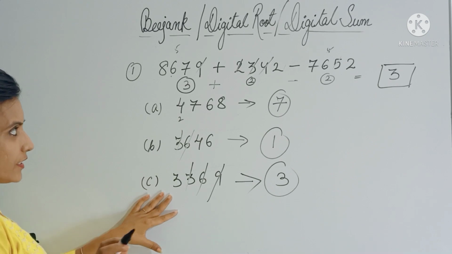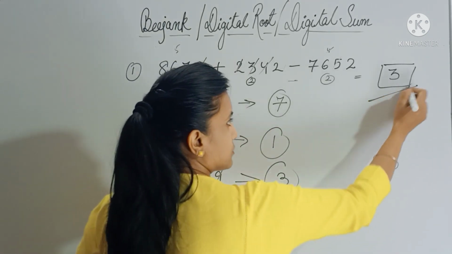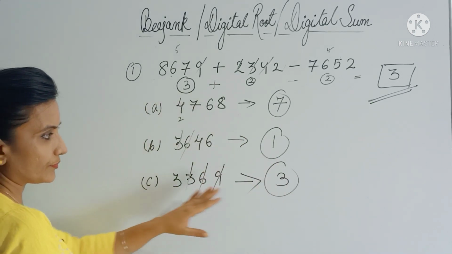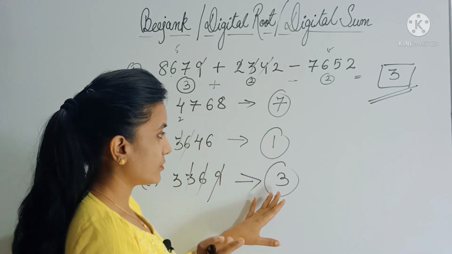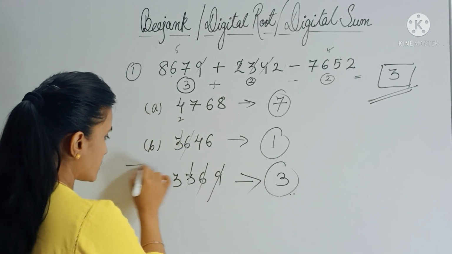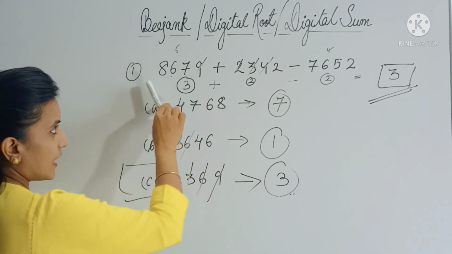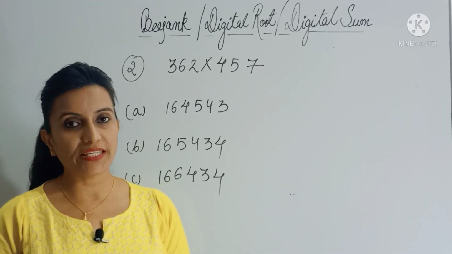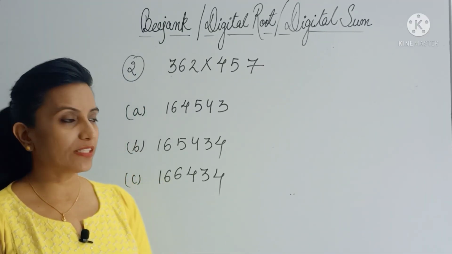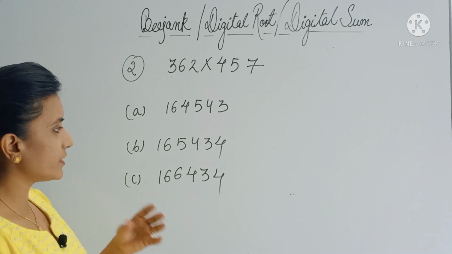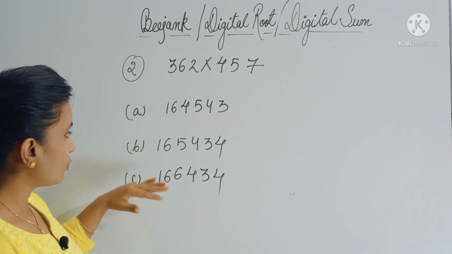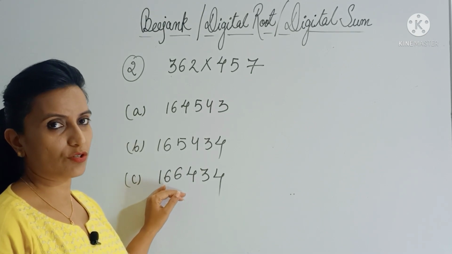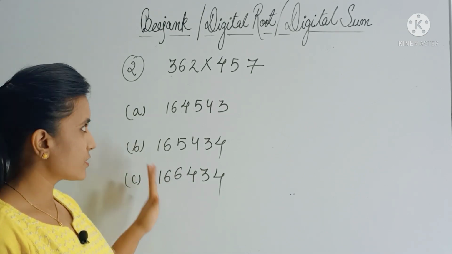So you can see that the digital root of question is 3, and here you check in which number you got the digital root as 3. So here, it means this is your answer. It means after adding and subtracting you will get this as the answer, right? Now one very important thing, just imagine in case if you get same digital root for more than one option, in that case how do you decide which number is your answer? So let's see that in this question.